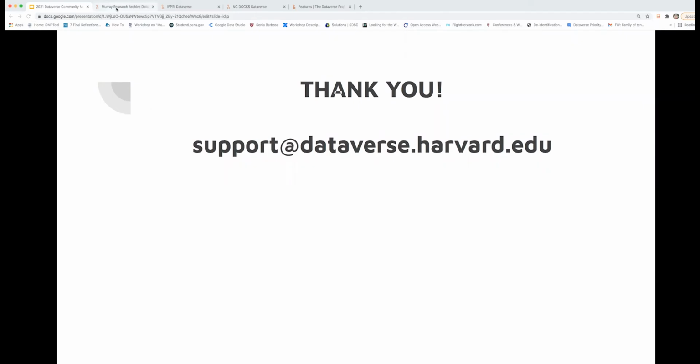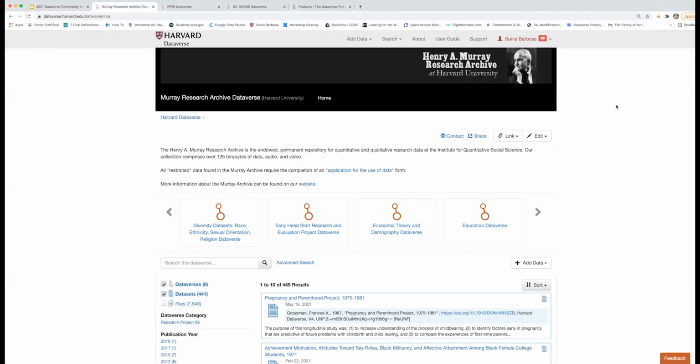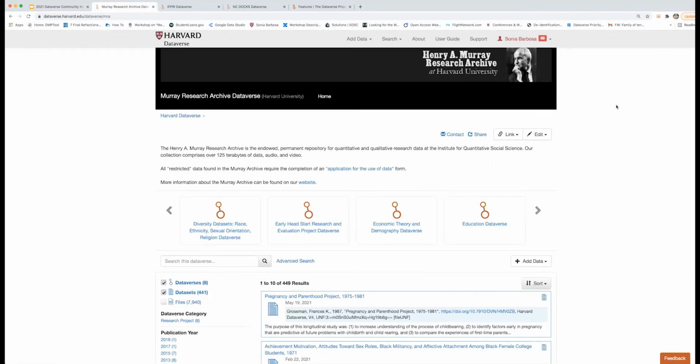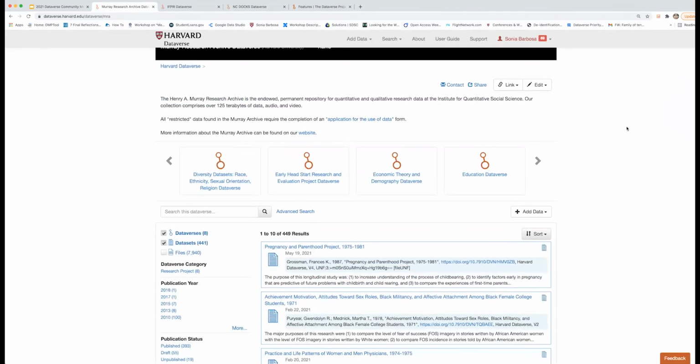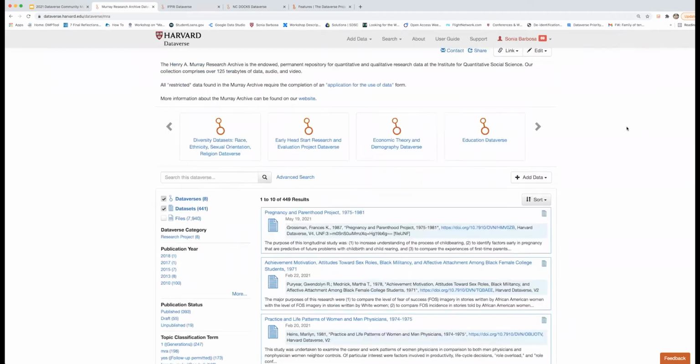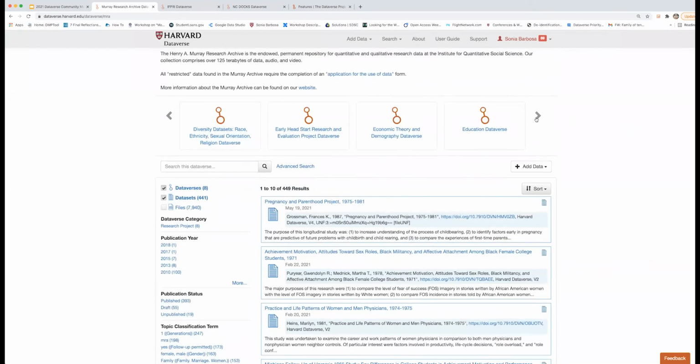I just wanted to show you another collection. This is a collection that I manage. It is sensitive data, but the data have been de-identified, and all of the data files in here are restricted for access. This is the Henry Murray Research Archive. We have an application form for every single data set in here, outside of a few that are just in here because they like our terms of use, but they're not an actual part of our original collection. And so, as you can see, I have 8 Dataverse sub-collections in here, or collections of data by Library of Congress terms or collections. I have 441 data sets in here and